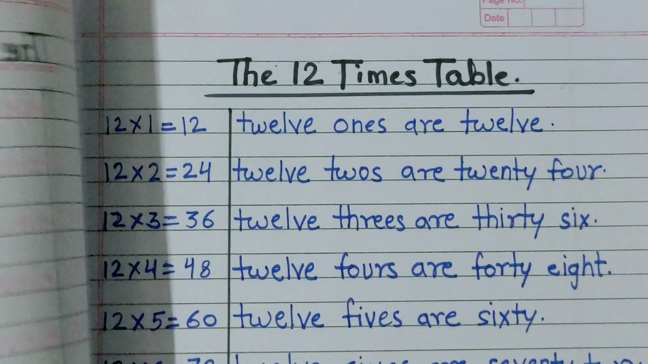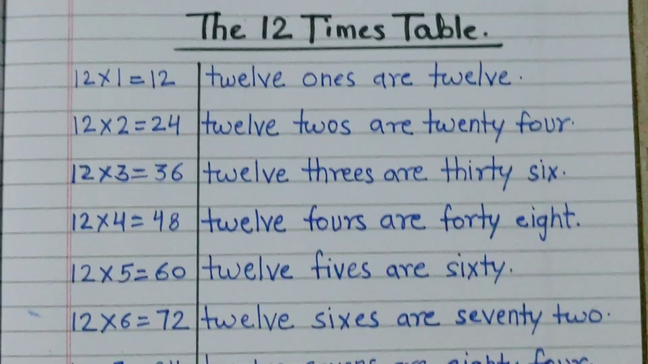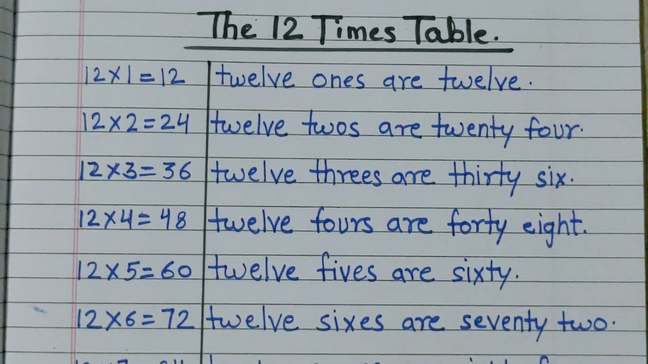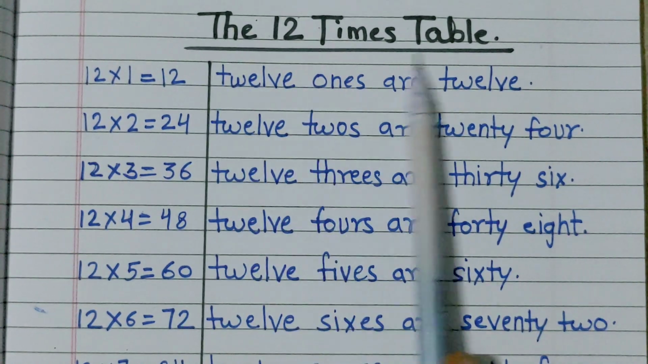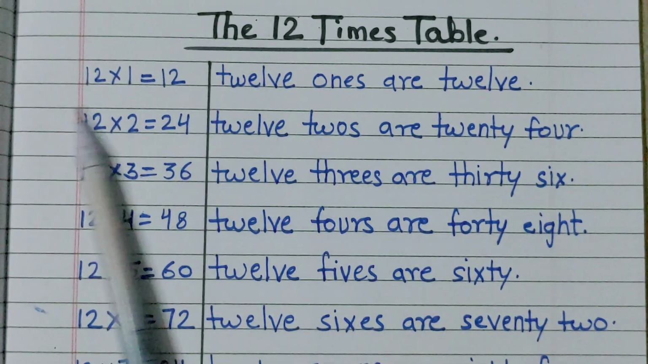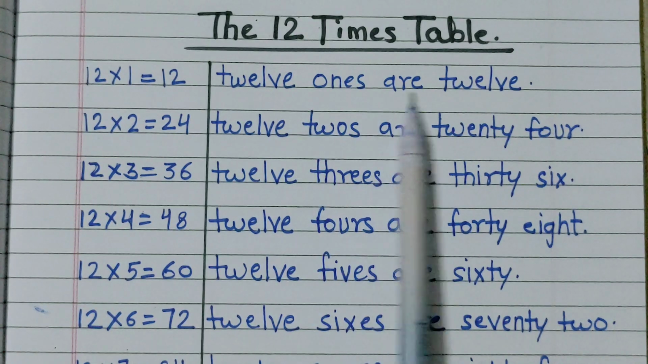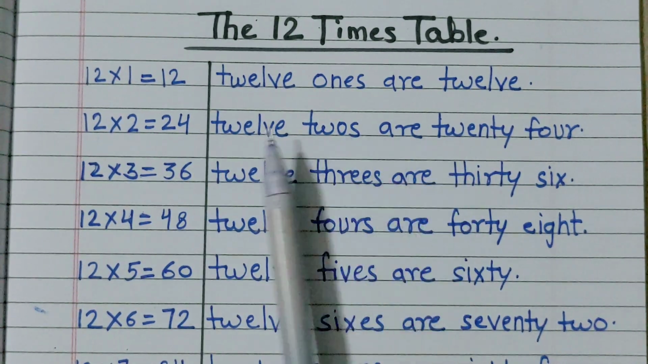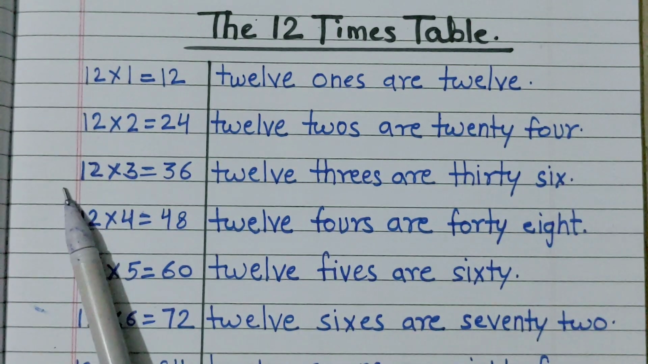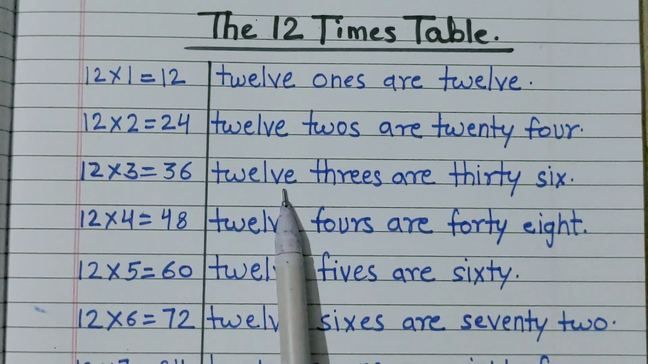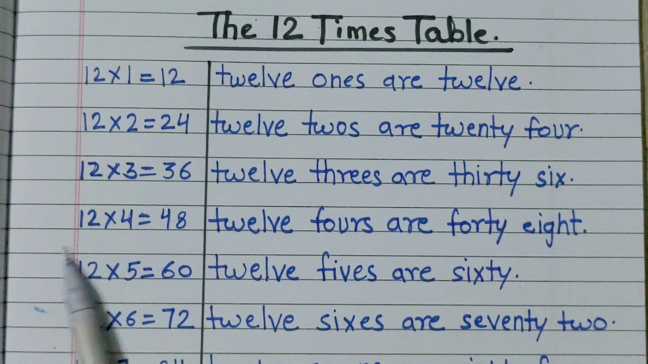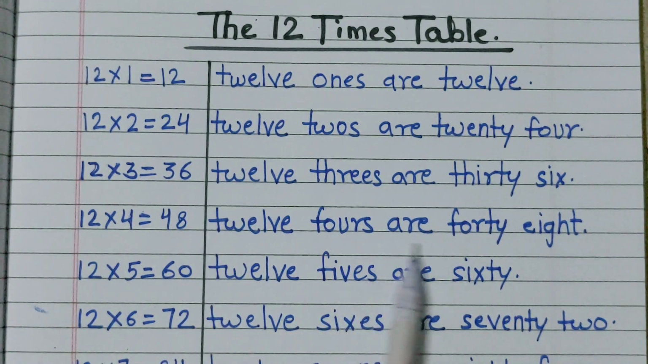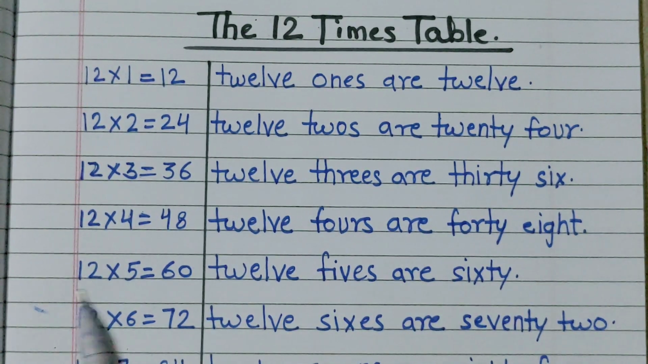अब हम 12 का टेबल सीखेंगे। उसी प्रकार द 12 टाइम्स टेबल। 12 1s are 12, 12 2s are 24, 12 3s are 36, 12 4s are 48, 12 5s are